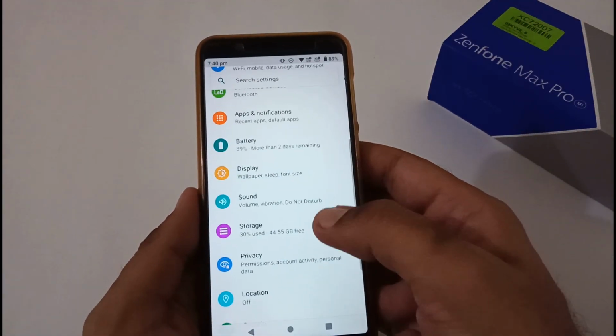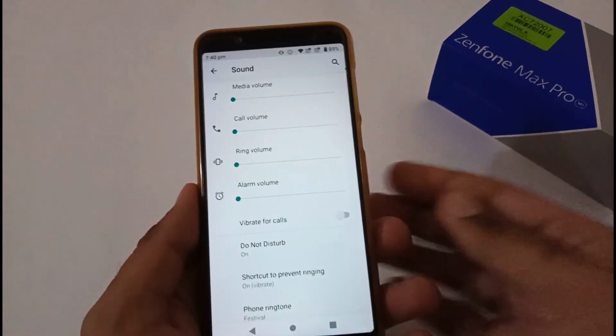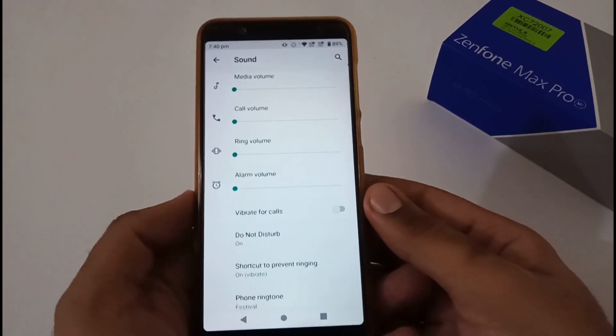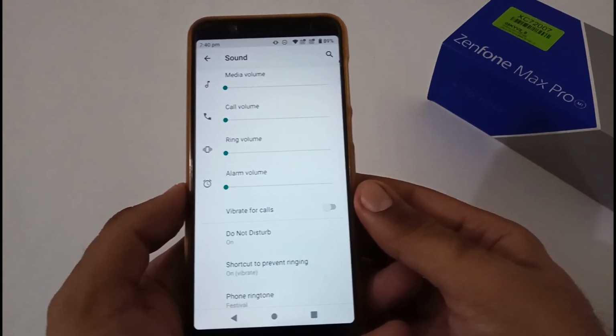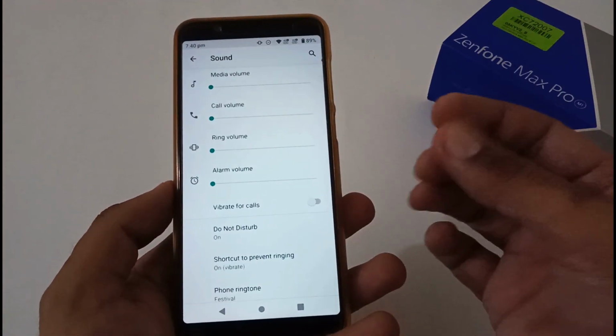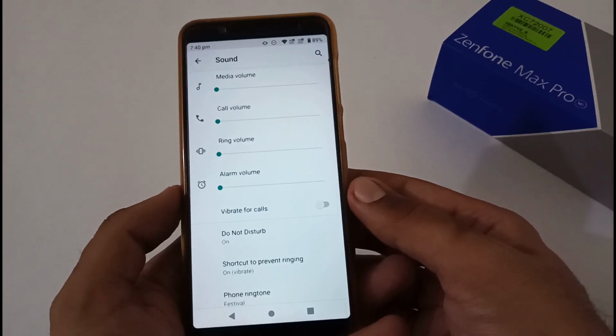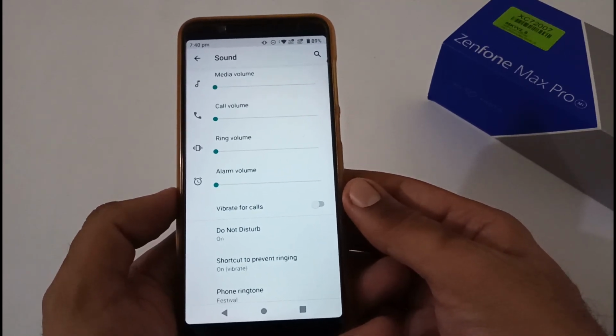So after storage, now let's move to the sound section. In the Android 10 beta 4 version, or as per the changelog released by Asus for Android 10 beta 4, they have mentioned that they have improved the bass, and I personally felt that as well. But according to me, it again needs 30 to 40% more improvement, because sometimes randomly you will feel that